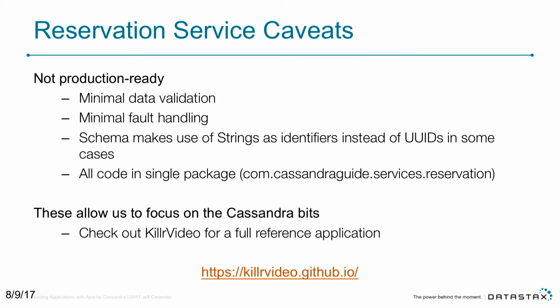It's not a production-ready service. It does minimal validation of the data that you pass to it, and it does not have very advanced fault handling either. However, it is a complete working end-to-end example. There are some things about the data model that are a little bit inconsistent or unsophisticated. In some places, strings are used as unique identifiers, and in other places, like the guest ID, a UUID is used. You might want to consider having a data model that is a little more consistent and well thought out